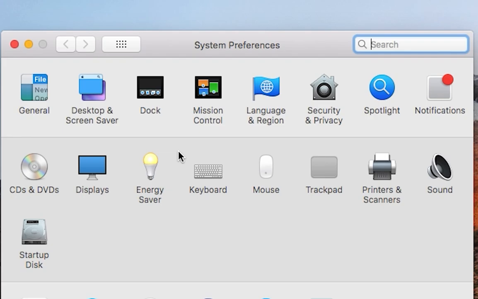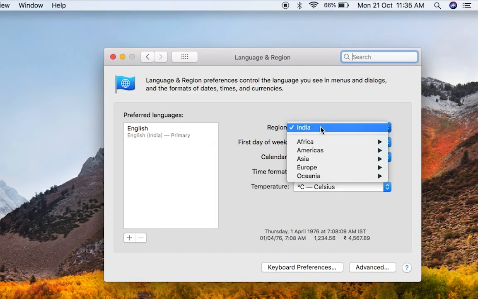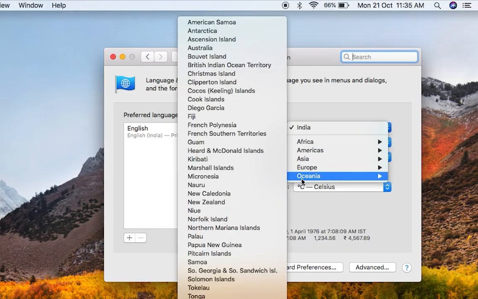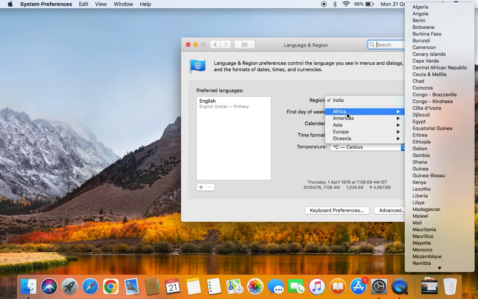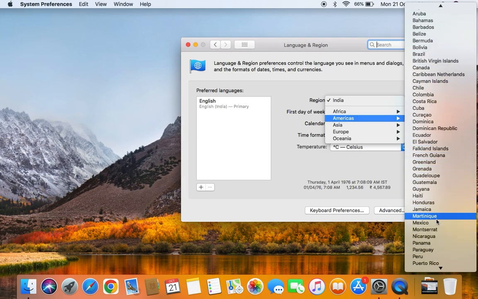Once you've opened System Preferences, find and click on Language and Region. This is where we'll be making the changes. Now, you'll see a section labeled Region. Click on the drop-down menu and select the region you want to switch to. You can change it to any country, and this will automatically adjust things like date, time, and even currency formats